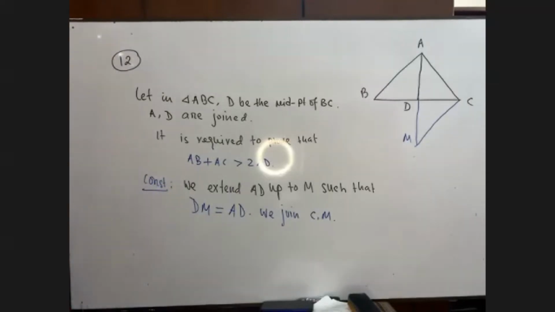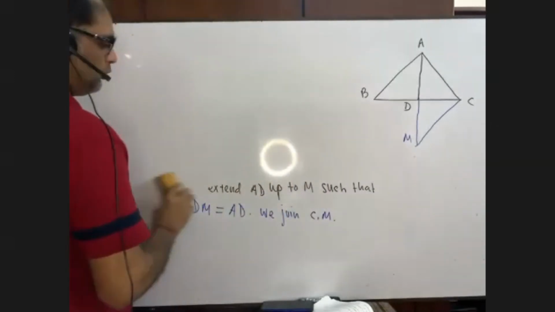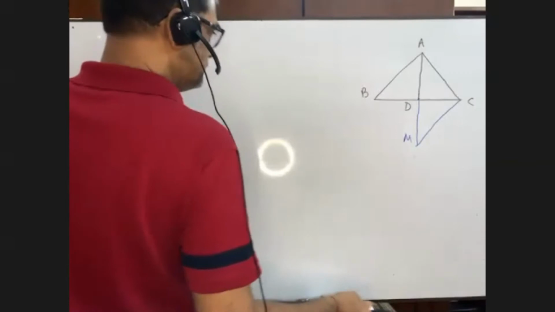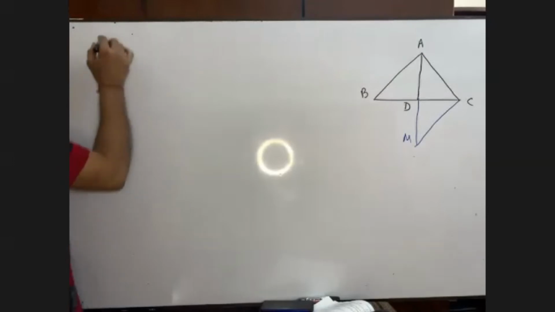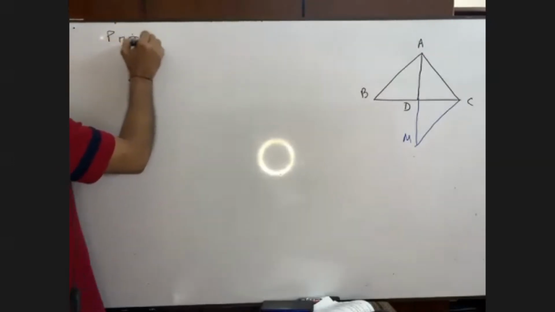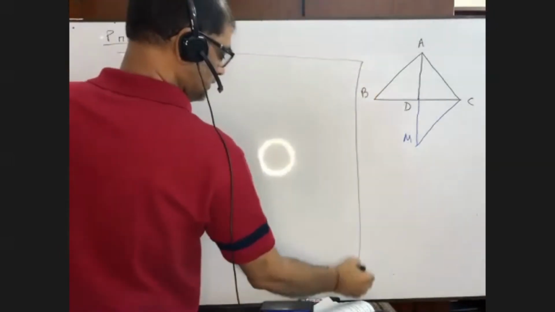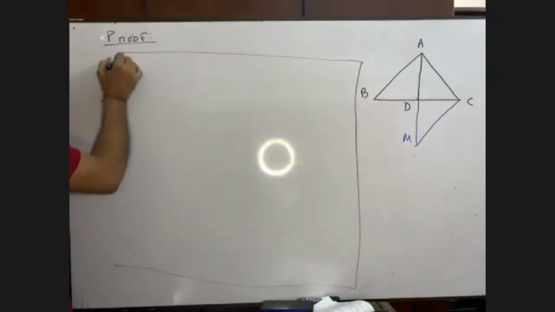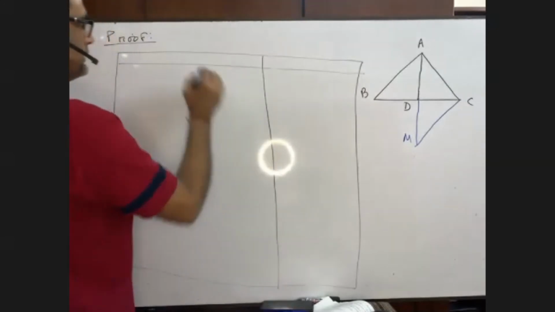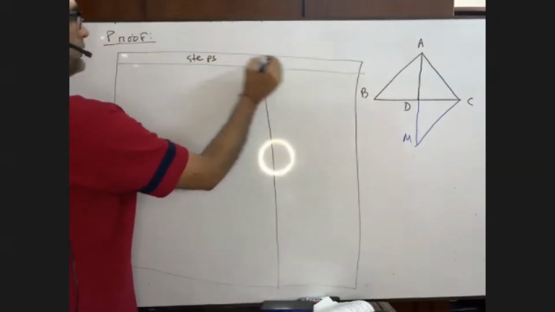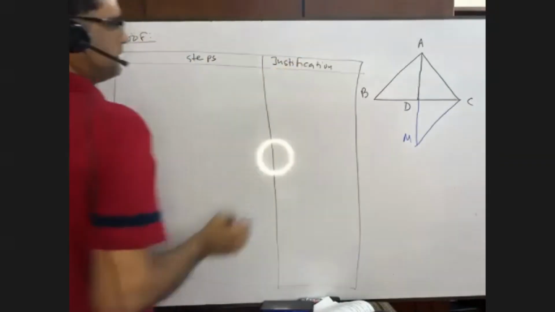Yes, sir. Now proof. If you think that it was done, then no need to do it. If you say that sir it is done, then I will not do it. Now proof. These are the steps. Do we have to make the box, sir? Is it compulsory or optional? Optional. And justification.